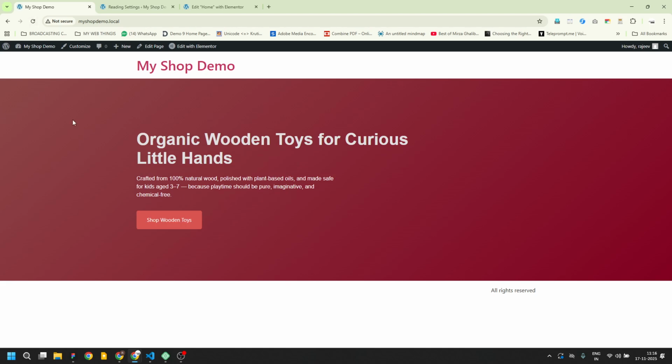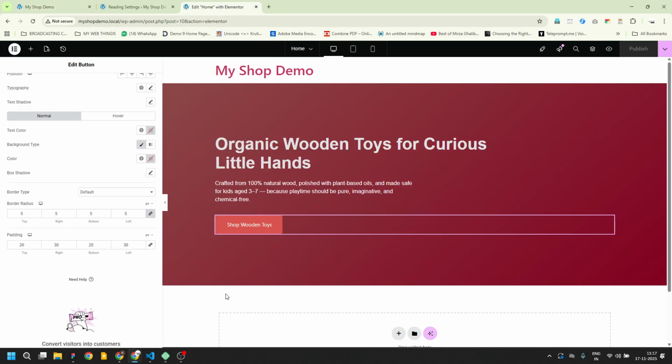You could replace the solid background with an image and make sure that the image is strategically placed on the right hand side so that the text can be visible, and you have a call to action already. But right now this call to action is not changing color, or that's interactivity is not there. So I'm gonna go back to the home page,